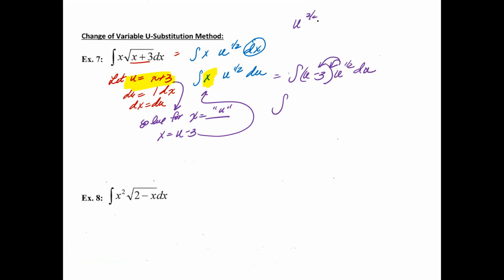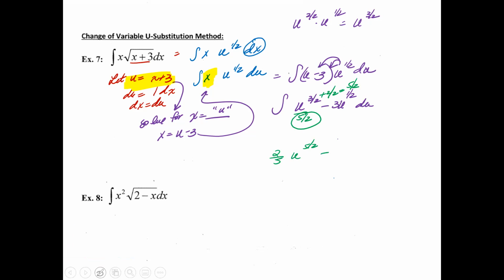So you have u to the 2/2 times u to the 1/2. That's going to give you a u to the 3/2 minus 3u to the 1/2 du. And you would just have to go ahead and integrate this separately. So plus 1, which is 2/2, is a 5/2. Make sure you flip that, which is a 2/5 u to the 5/2 minus, and then of course you have